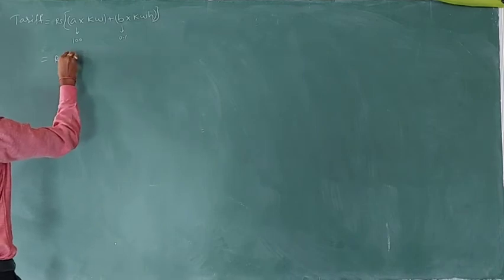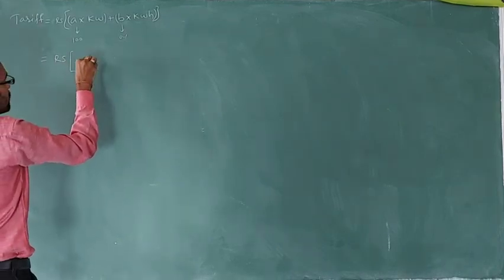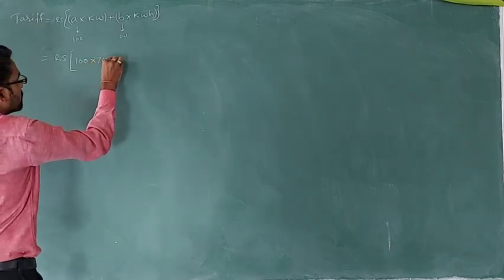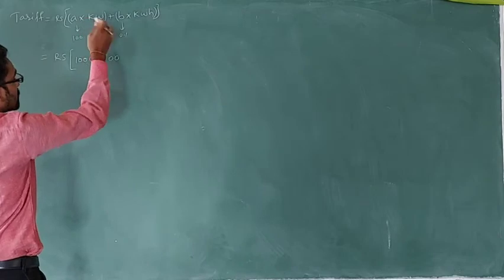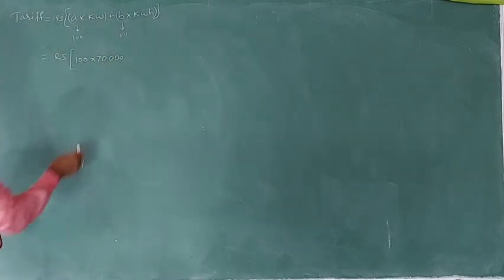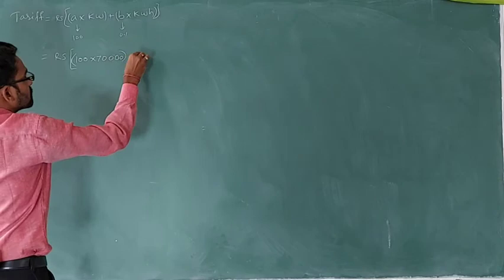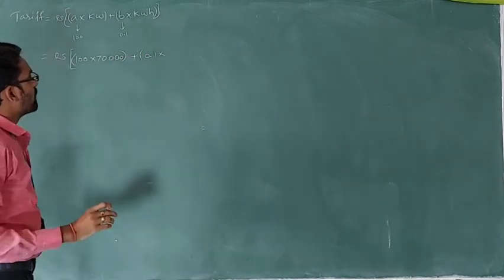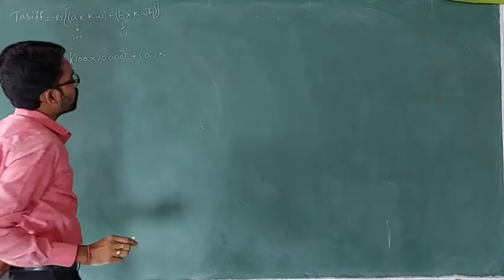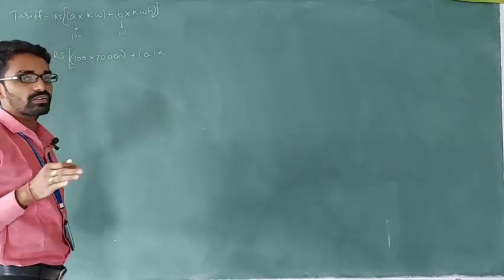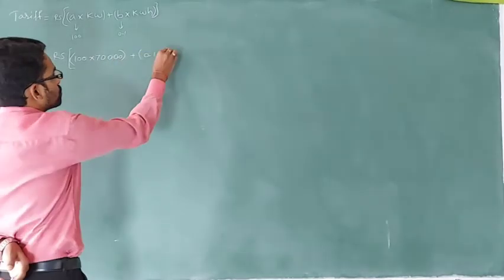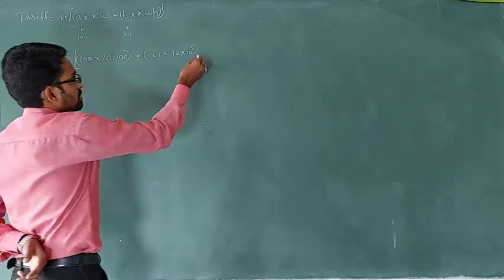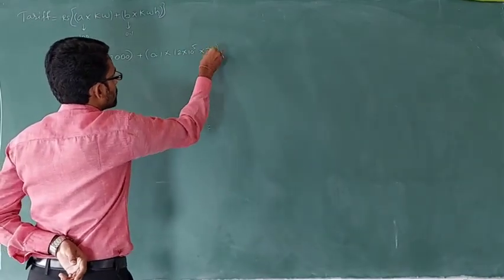So, I am considering 100 into the maximum demand. How much is it? 70 megawatts, into kilowatts, you get 70,000, plus the B value, which I am considering as 0.1, and then the kilowatt hours, as we have already calculated the number of units generated per day, that is 12 into 10 to the power of 5. If I multiply this with 30, you get the monthly electricity bill.